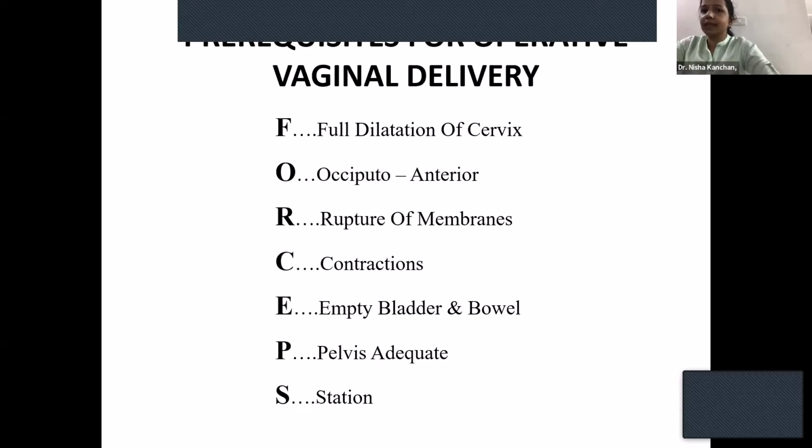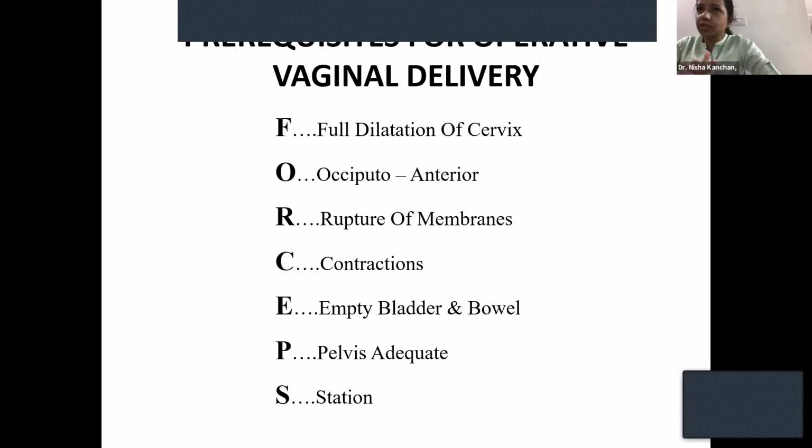The next thing on PV examination is membranes should be ruptured. You cannot put any instrument if the membranes are intact. And contractions. There should be good uterine contractions. That contraction is going to assist you in your forceps. You're expediting the delivery. So there has to be some effort. Contraction should be there, bearing down efforts of the mother should be there, and you're assisting that. You're helping that by putting traction, using the forceps or vacuum. So good contractions should be there.